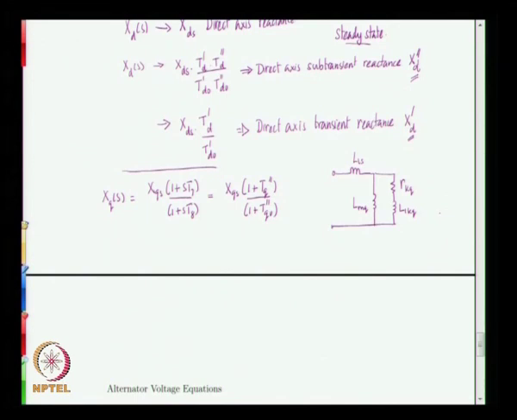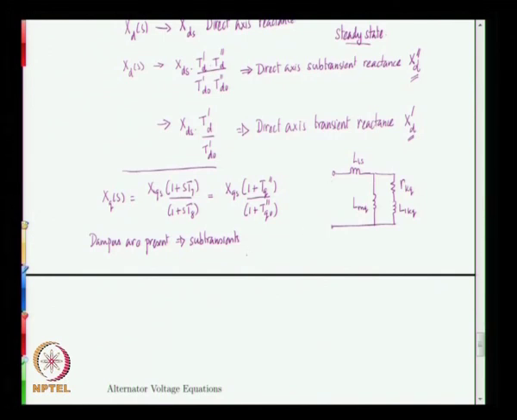Now if you assume that the dampers are present, which means we are talking about the subtransient period, then if you look at the stator being open,